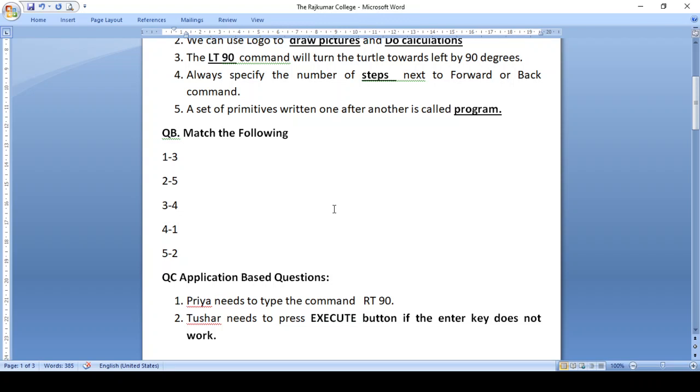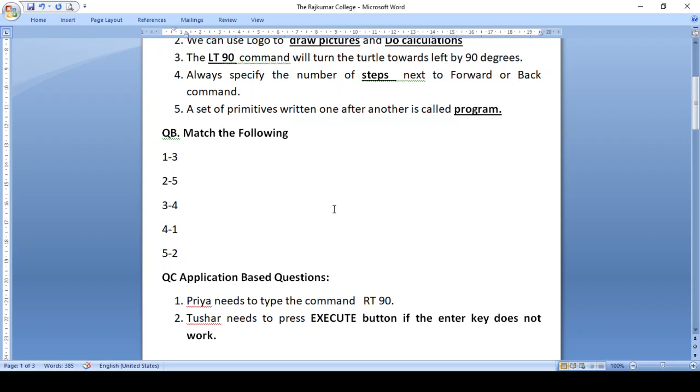Two parts of the turtle, as we know, head and tail. The pointed part is called the head and the base part is called the tail. The Bye command is used to exit Logo. The forward command, its short form is FD, and the left command, LT. If you want to color it, say blue, then you can color it blue, but it should be readable for you. It's better you write the numbers in match the following, it will be more clear.